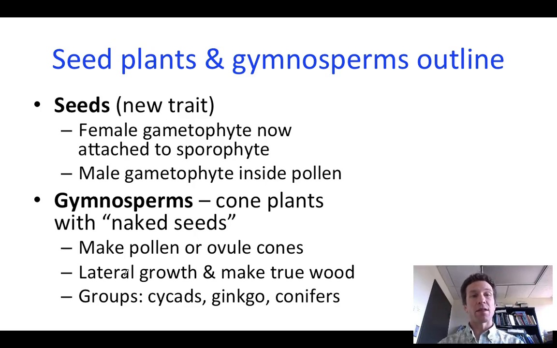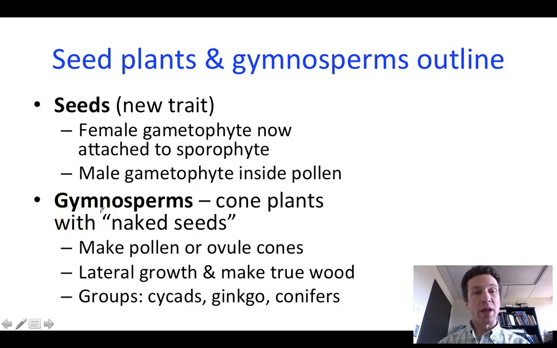or the lycophytes. With the advent of seeds, female gametophytes are no longer free-living as they were in the ferns. Instead, they are attached to the sporophyte. Additionally, male gametophytes now are not photosynthetic and free-living. They do move around, but they only do so inside a pollen grain. We'll talk a little bit more about what those mean, and then we will talk about characteristics of gymnosperms, which